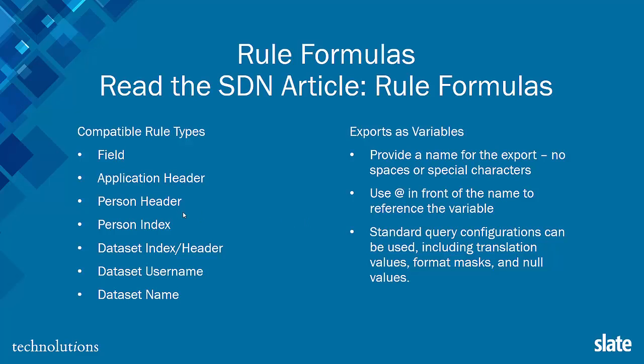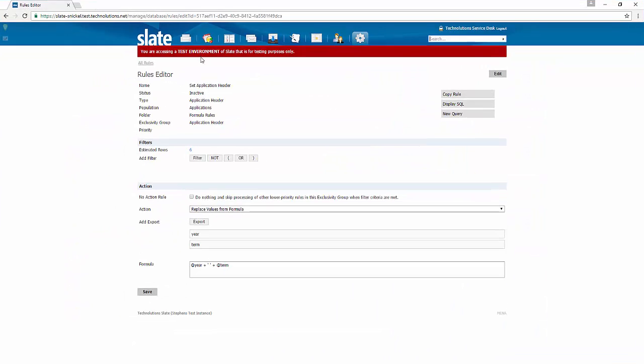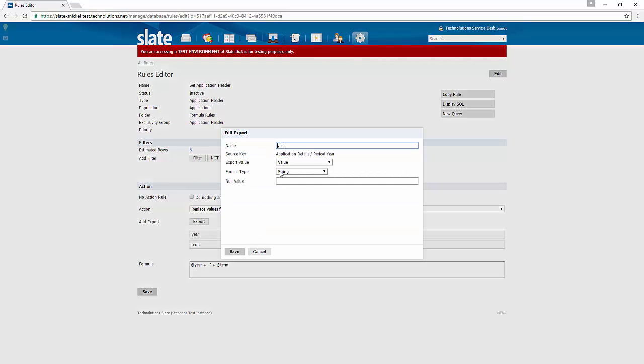All right, so the other example that we're going to look at is going to be kind of a combination field. As a matter of fact, it's one of those, it's setting an application header, for example. So here we have another formula. Here we're taking the period year. No translation value is needed because we're just taking the year value from the period that an